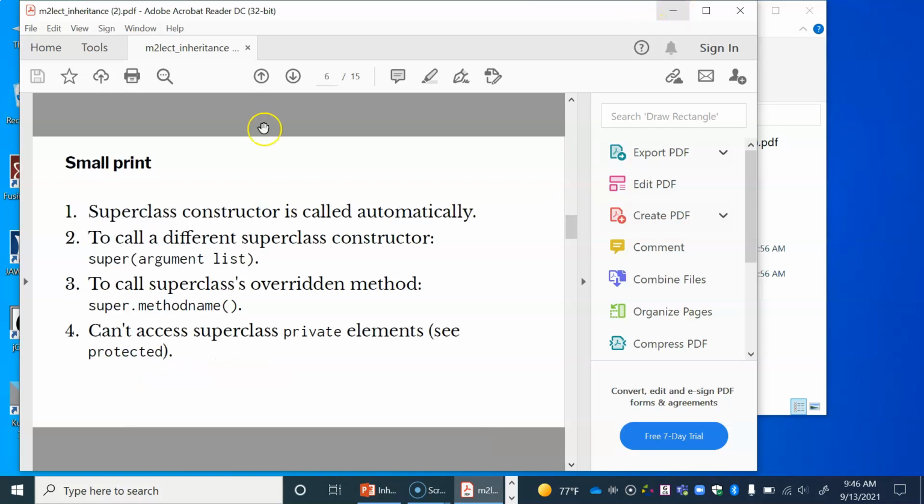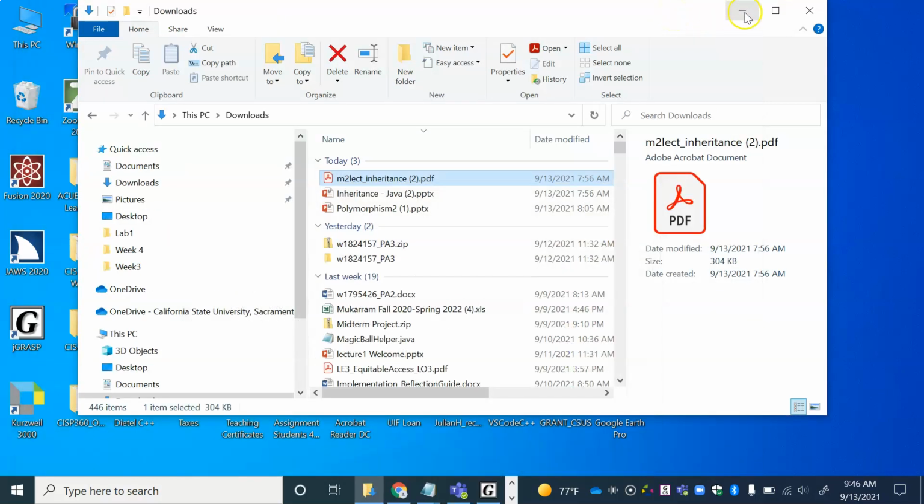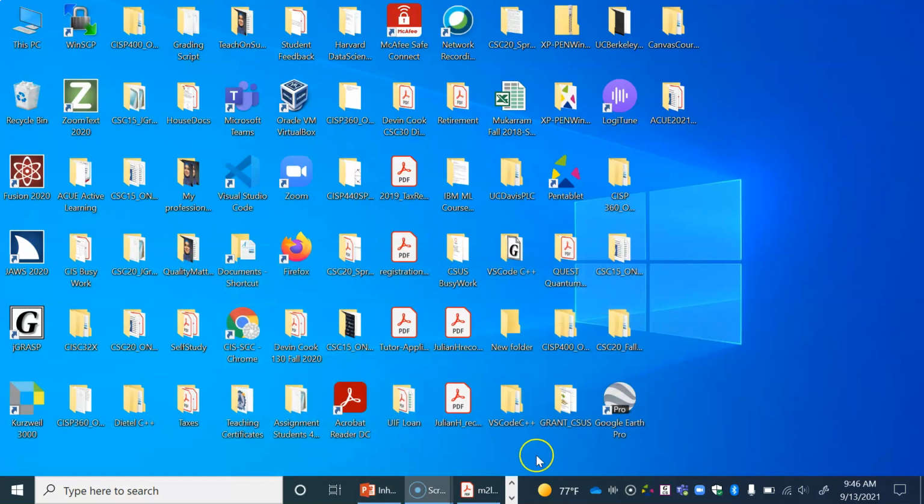So now here, to call a different superclass, we have covered that. To call the superclass's overridden method, use super.methodName. And this last feature, can't access super's private elements, is an important feature. Just because a child inherits everything that belongs to the parent, does it mean that it has access to all of the parent's states? And that's an interesting thing